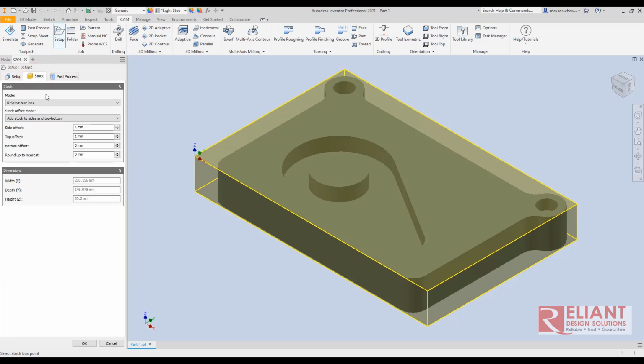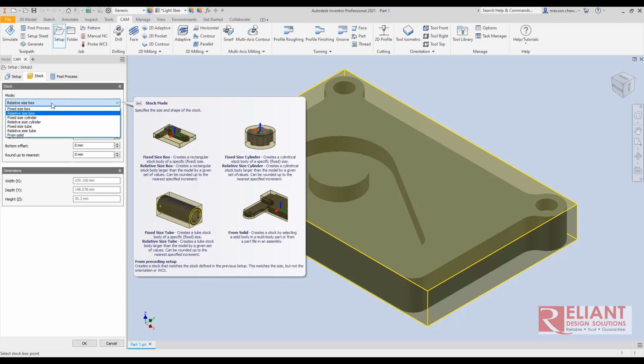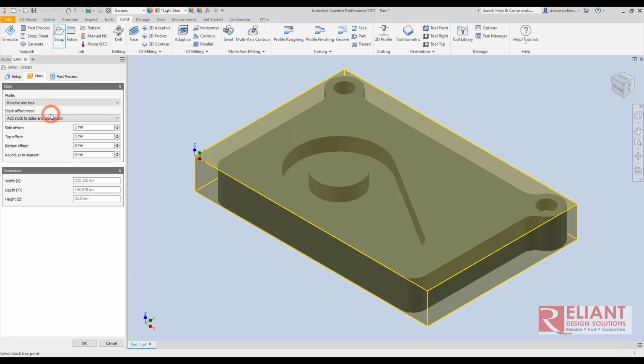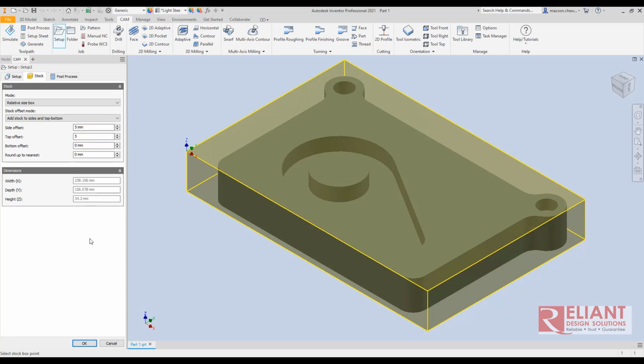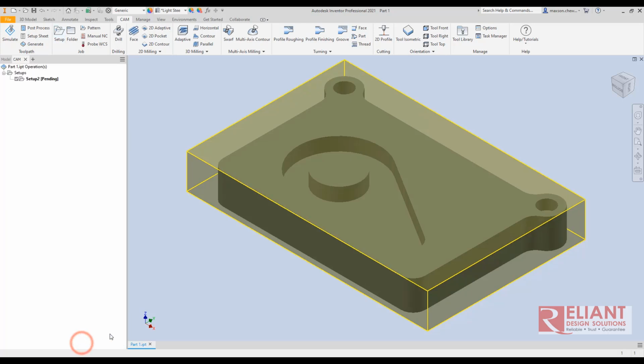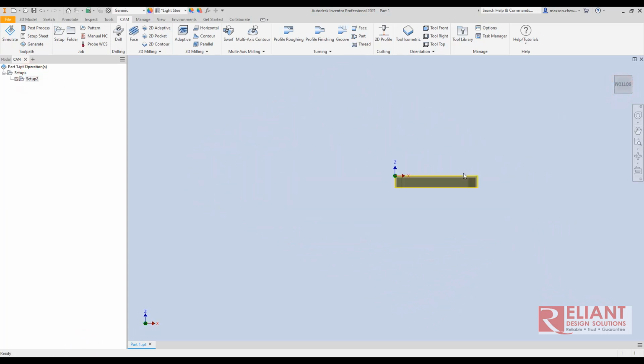Then in the stock, you can actually change the size and the shape of your stock from here. Okay, I'm going to go for relative size, and I'm just going to change, for example, offset of 5 mm on the top and side surface. If I rotate,